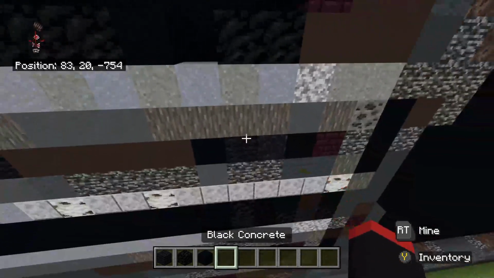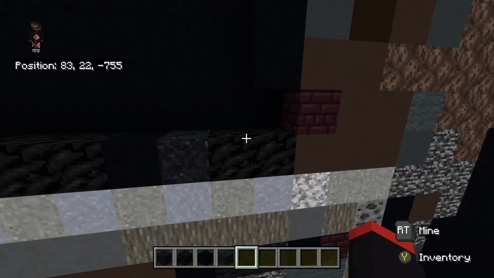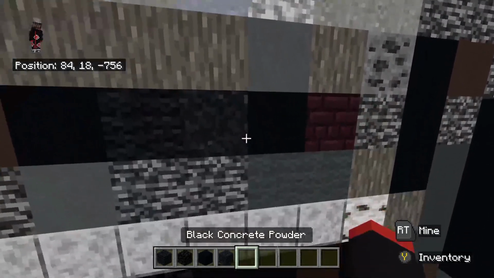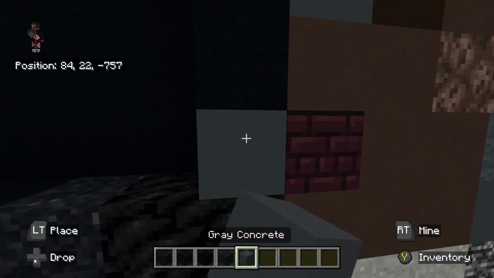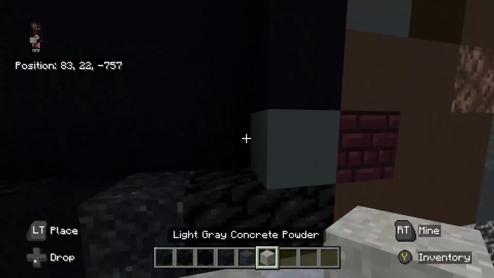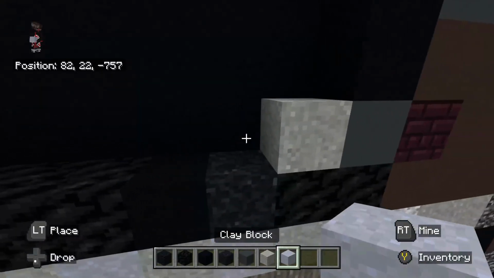To the right of the black concrete, we are going to place black concrete powder. And then on top of the right coal block, we'll place this gray concrete. To the left of the gray concrete, we'll place this light gray concrete powder. To the left of that light gray concrete powder, we are going to place clay blocks going to the left 2, 1,